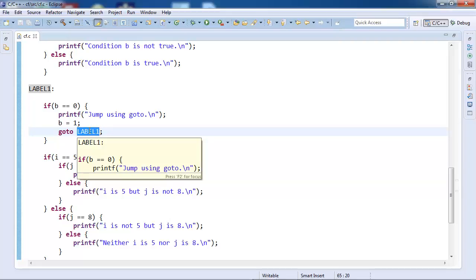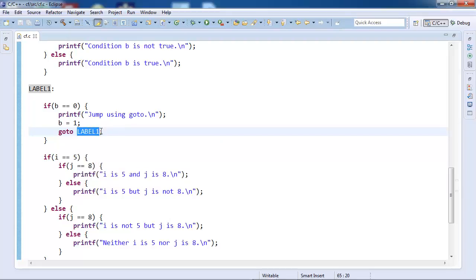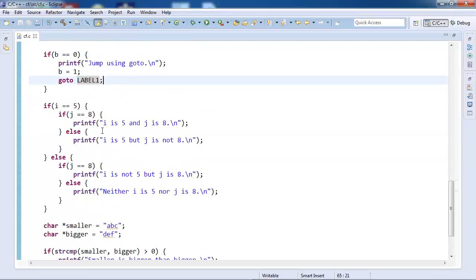There are few uses of goto, and one of the most important uses is jumping out of nested loops, because break is not sufficient to jump out of nested loops. So goto is used to jump out of nested loops. There are other obscure uses, like implementing a loop without using a loop construct, using goto. But that's not what we are going to cover.